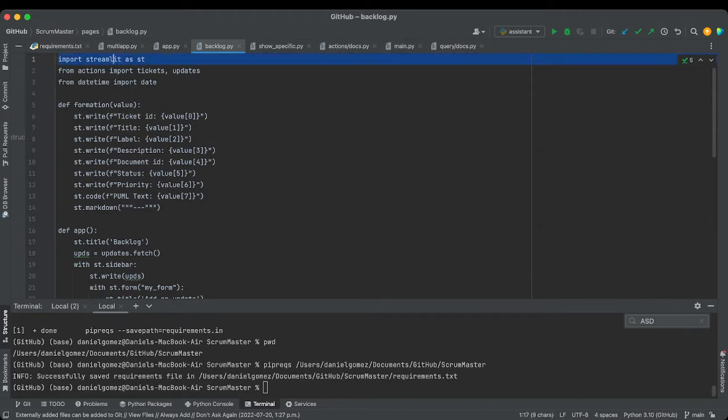So we're grabbing Streamlit. We're calling in a couple functions. So the tickets will be the tickets that we've already saved. So we're going to be fetching all of those from our database, and we're going to split them into 3 groups,